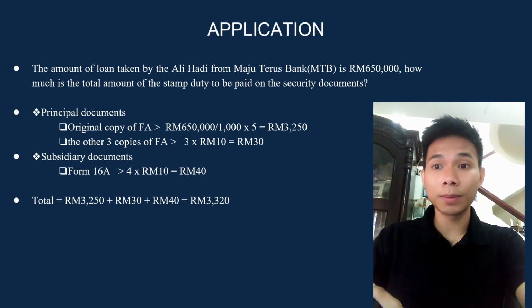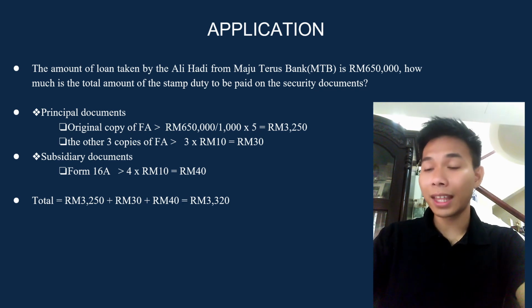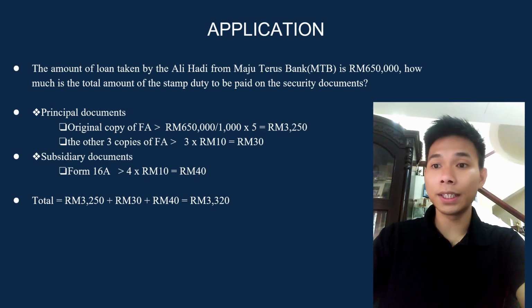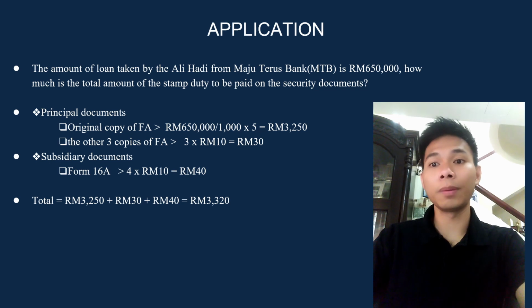And that the principal documents, the original facility agreement, RM650K divided by 1,000 times 5, 3,250 ringgit. The other copies of this facility agreement is 10 ringgit times 3, RM30. And the subsidiary documents is Form 16A, whereby it is multiplied by 4, the RM10, which is RM40. And in total, we will get RM3,250 and RM30 plus RM40, which is equivalent to